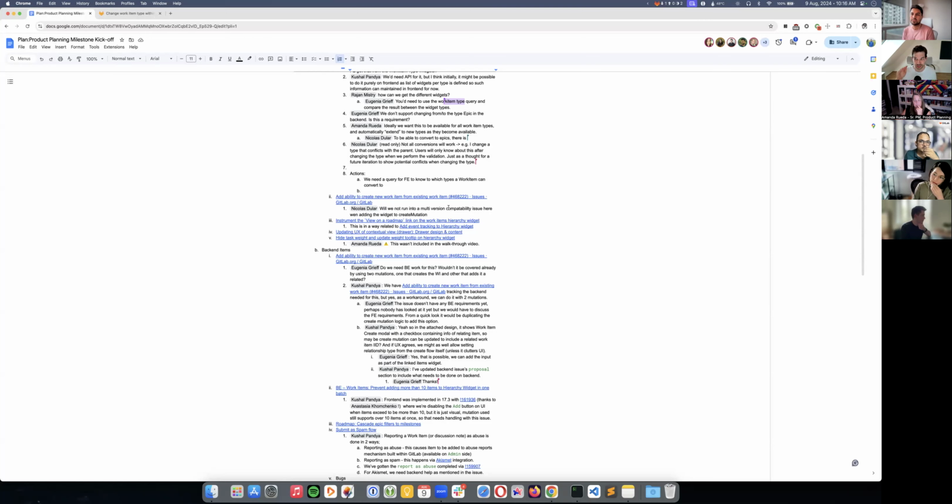We currently have only epics as a work item type on a group level. So what does it mean changing to an epic? Because it would actually be epics on a project level, right? Which we will be releasing. So what we could do